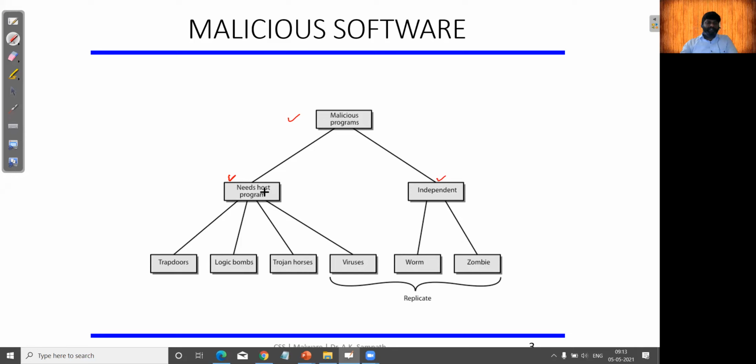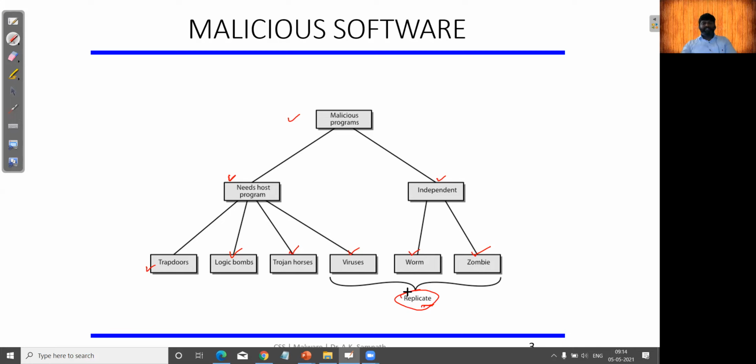Under the category of malware that needs a host program, we'll be discussing trapdoors, logic bombs, trojans, and viruses. Under the independent malware, we'll discuss worms as well as zombies. Viruses, worms, and zombies are replicators. Replication means cloning, creating duplicate copies on its own.